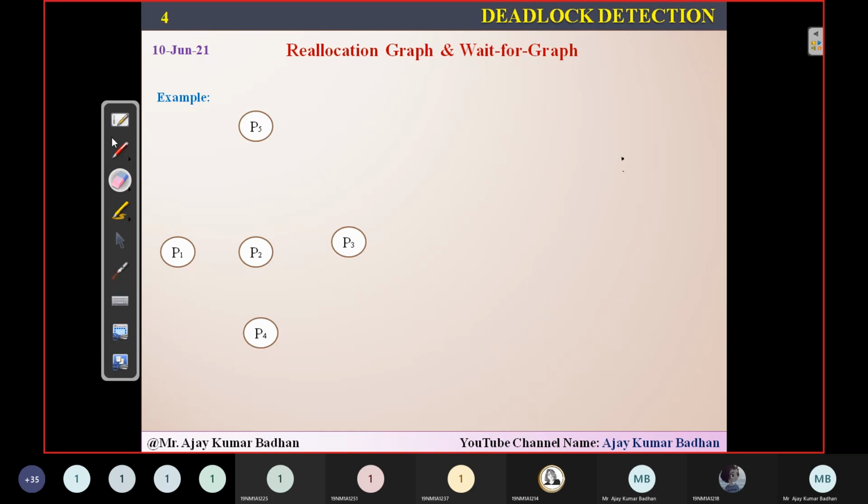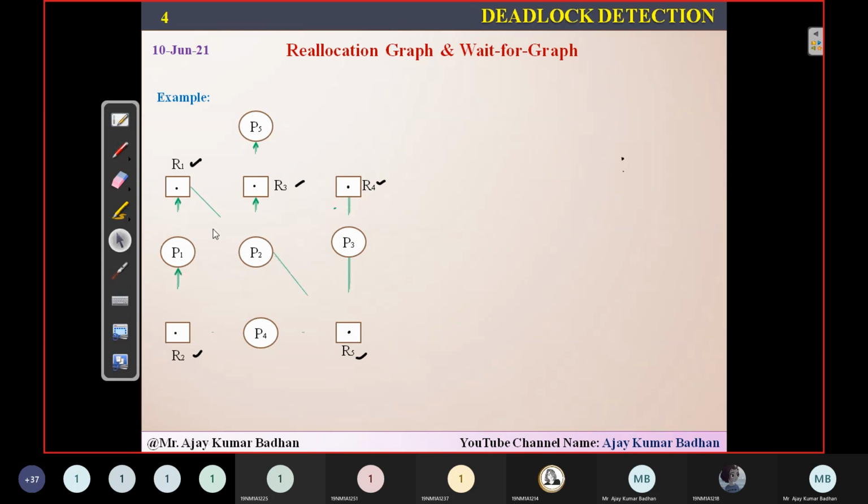So you can see I'm going to represent a resource allocation graph. If you see here, there are 5 processes represented using circles: P1, P2, P3, P4, and P5. Now I have 5 resources here: R1, R2, R3, R4, and R5. All these are single instances. Single in the sense they will be having only a single dot, meaning only one process at a time can access that particular resource.